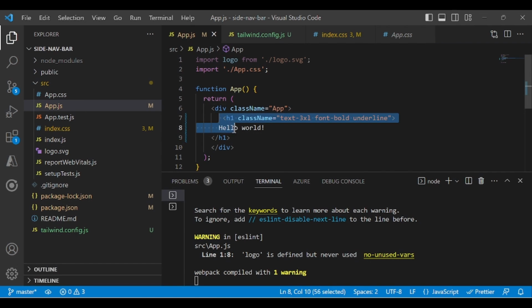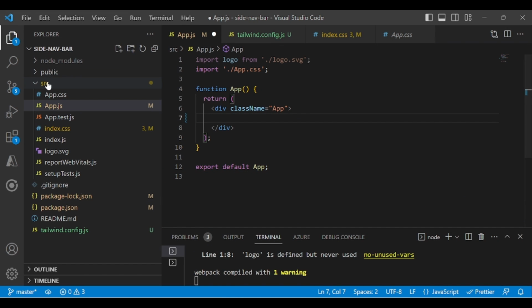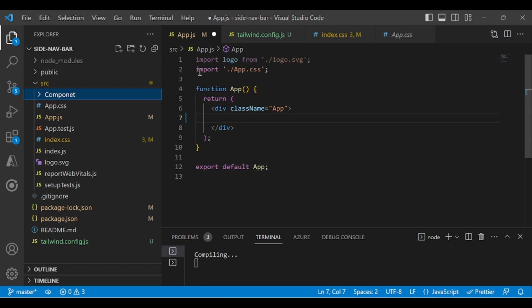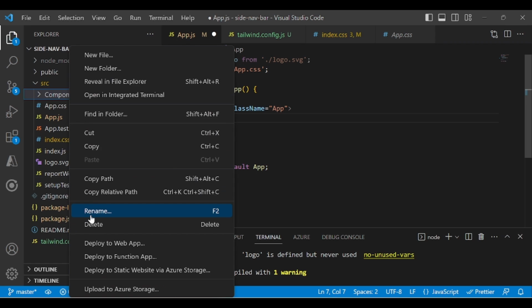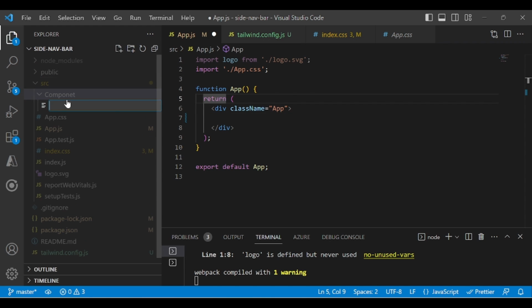Now I will remove this code, and I will create a folder first, name it components, and inside that I will create a file called sidebar